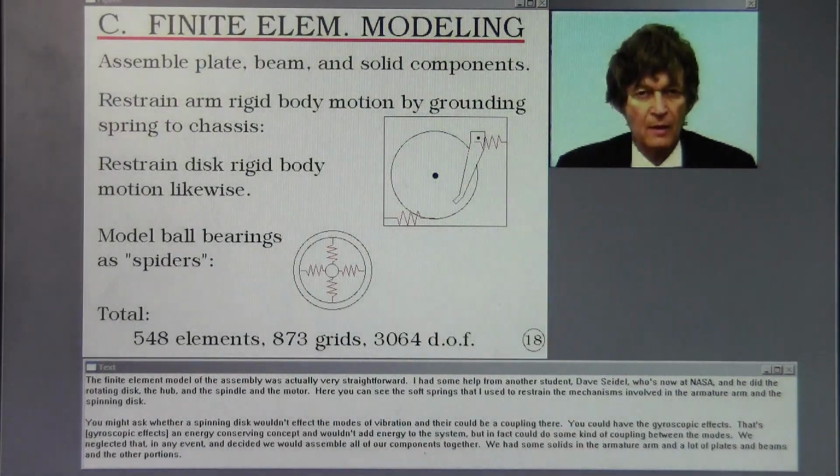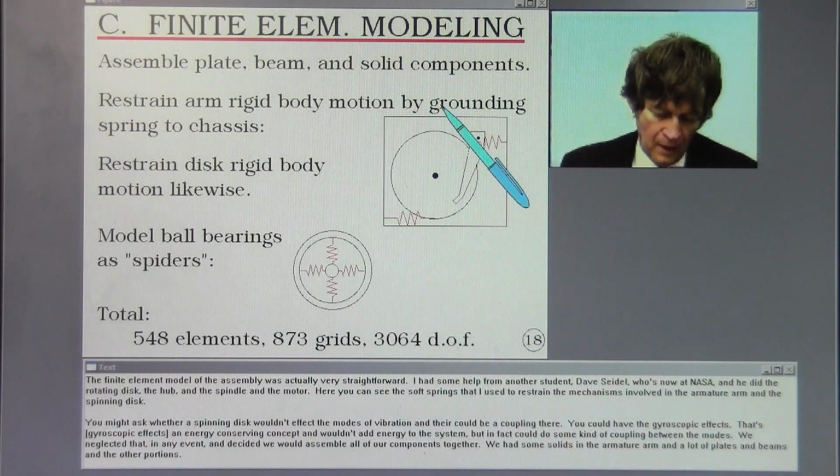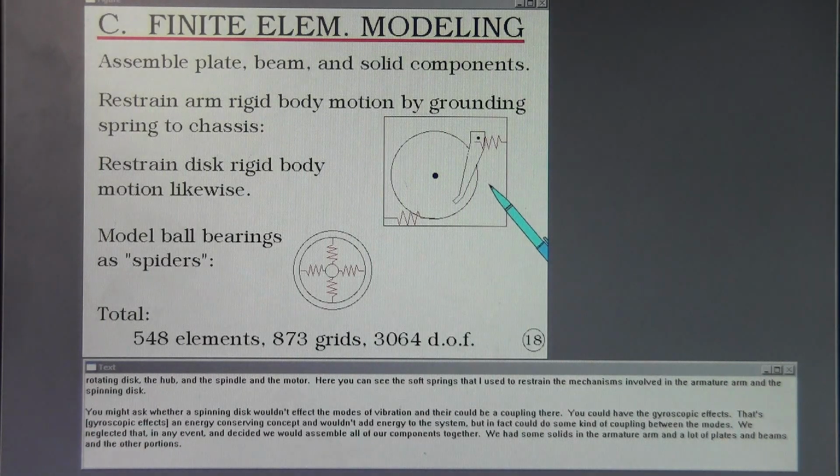The finite element model of the assembly was actually very straightforward. I had some help from another student, Dave Seidel, who's now at NASA, and he did the rotating disc, the hub, and the spindle, and the motor. Here you can see the soft springs that I used to restrain the mechanisms involved in the armature arm and